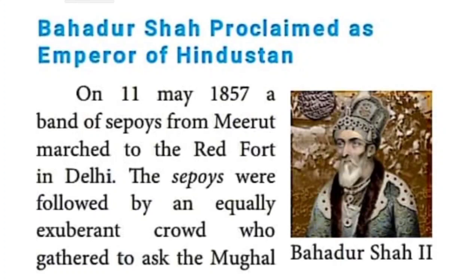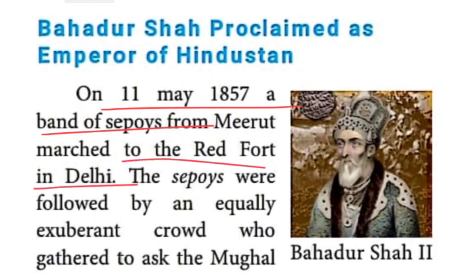On 11th May 1857, a band of sepoys. What is meant by band of sepoys? A group of sepoys from Meerut marched to the Red Fort. Okay, the Red Fort, which is located in Delhi. The sepoys were followed by an equally